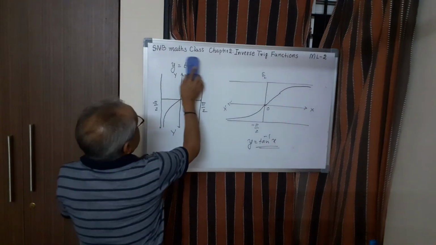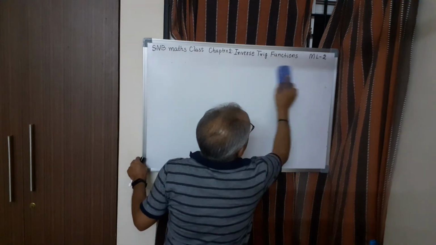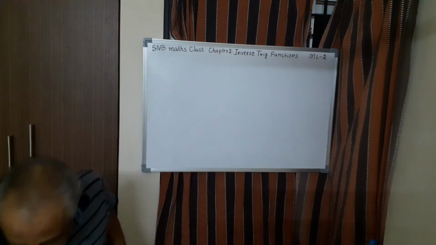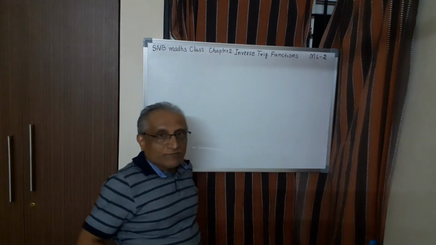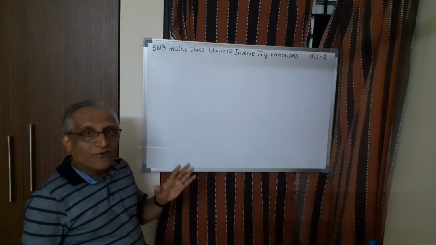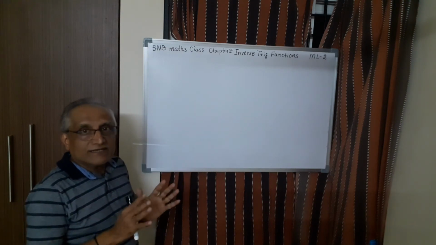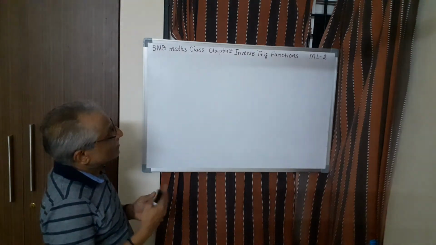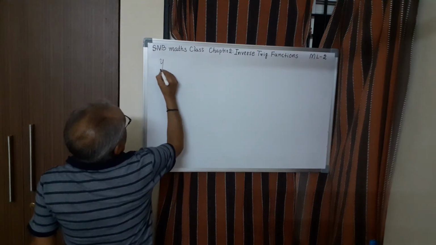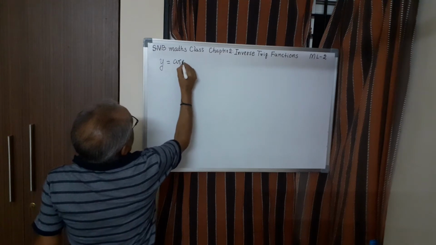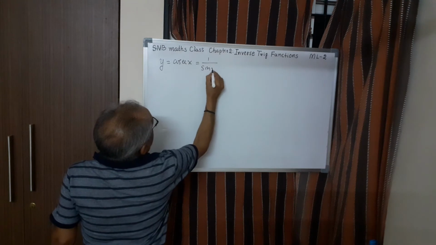So we have completed inverse sine, then inverse cos and inverse tan function. Now let us take one more because we have to complete all the 6 inverse trigonometric functions. You have to make it very familiar. Then only we can think of the properties and other things. So let me take next y equal to cosec x. So you know that cosec x is 1 by sin x.